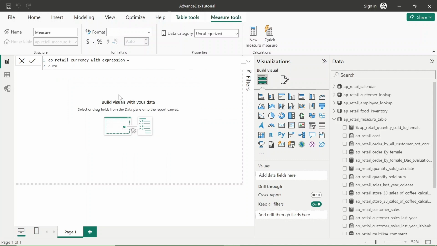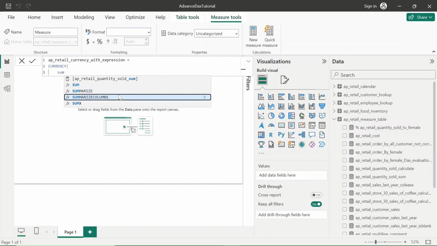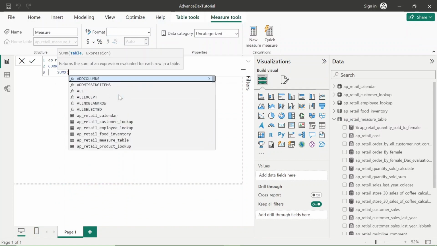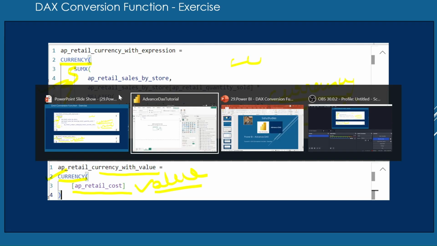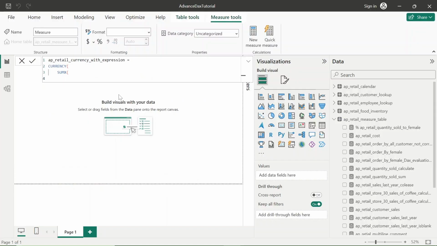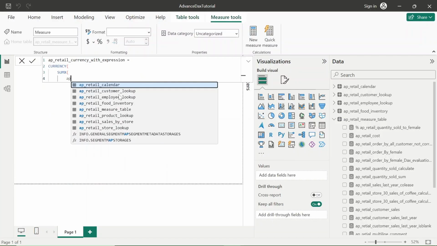First, this is the currency. In the currency, I'm using this SUMX. And in the SUMX, I'm using the table